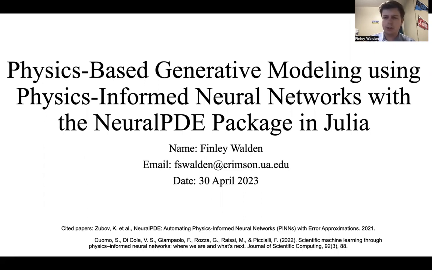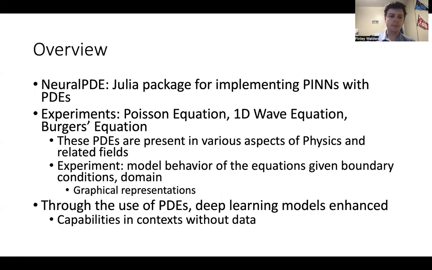And these three experiments are present in various papers studied in the class. Although the code I replicated is not from one specific paper, the papers with code for paper 74 on the syllabus did lead me to this package in Julia, and furthermore to the paper that presented the package, and so on. So an overview, like I said, this is a Julia package for implementing physics-informed neural networks with partial differential